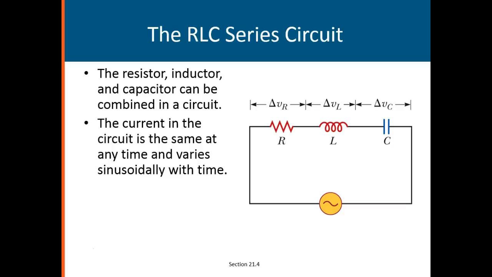Now these delta V's, these are little v's here, meaning these are the instantaneous voltage across the resistor, instantaneous voltage across the inductor, and instantaneous voltage across the capacitor. These three have to add up to the instantaneous voltage that's created by the generator. Okay? The current in the circuit is the same at any time and varies sinusoidally with time. Okay? Now,